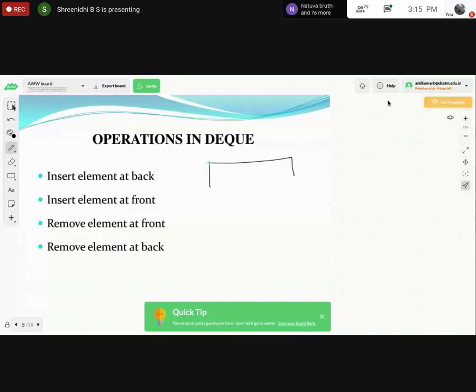Okay, so insert element at back, insert element at front, delete element at front, delete element at rear, that is back. Right? So four major operations.